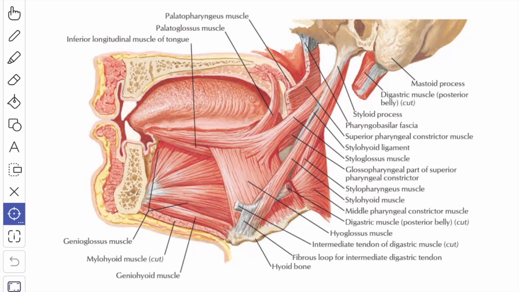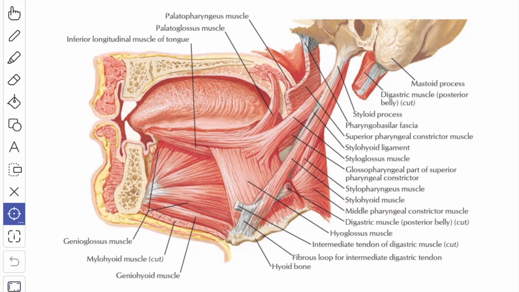Next we'll see the role of the tongue in deglutition. The bolus is placed on the concave dorsal surface of the tongue behind the elevated tip. Therefore, the food is imprisoned between the palate and the tongue. When the mylohyoid muscle contracts and the hyoid bone moves forward and upward, the interval between the palate and the tongue is obliterated. As a result, the food slips backward into the oropharynx.